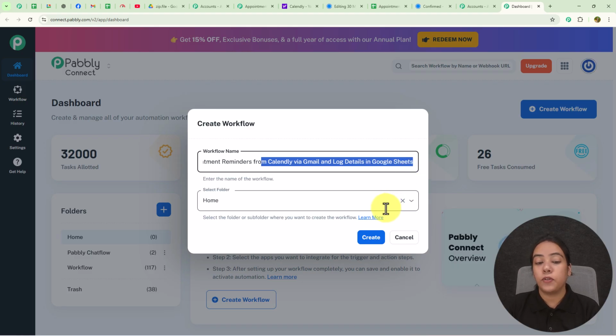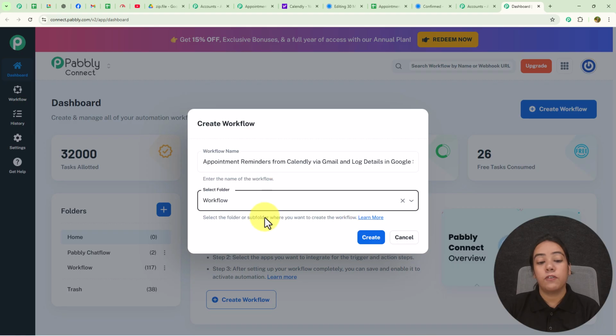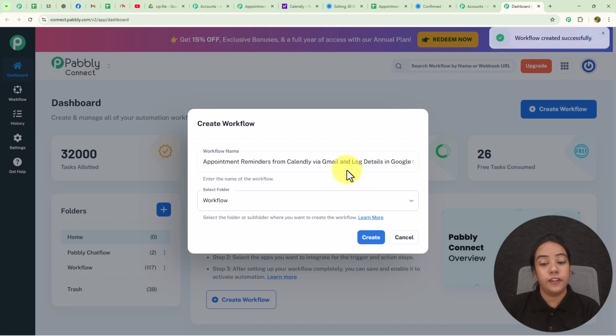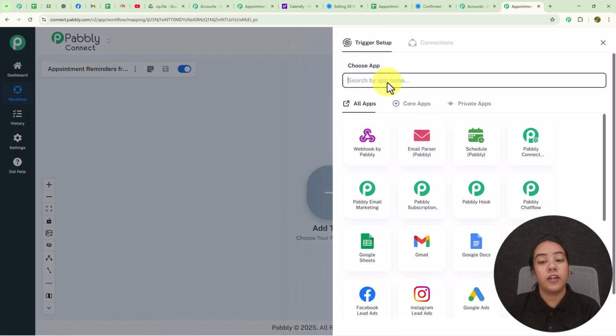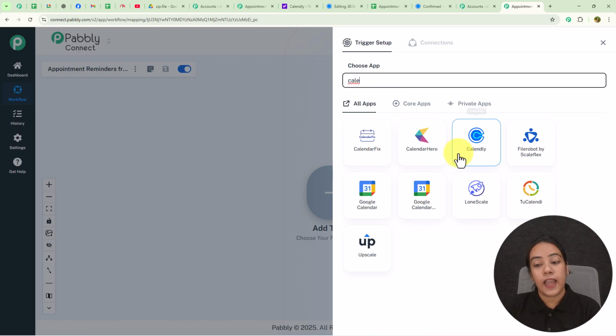After that, I'm going to select the folder where my workflow is going to be stored. Now here I'm going to click on create button, and from here I can create my workflow by adding trigger and action, where trigger is the initial setup that starts the automation and action is the task that is performed after the trigger. To start my automation, I'm going to add my trigger and choose my app as Calendly,